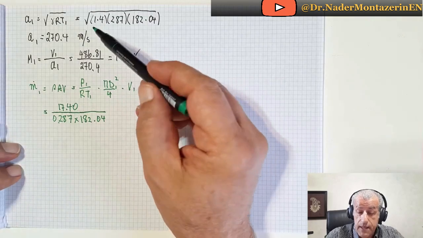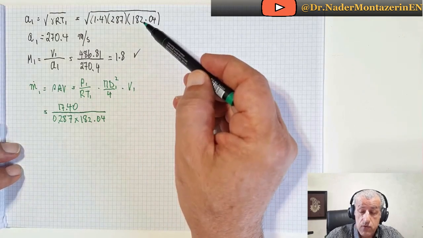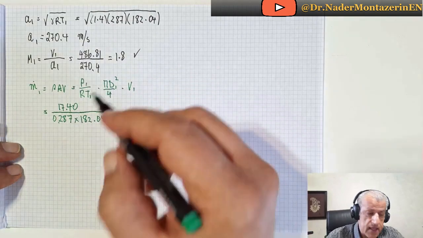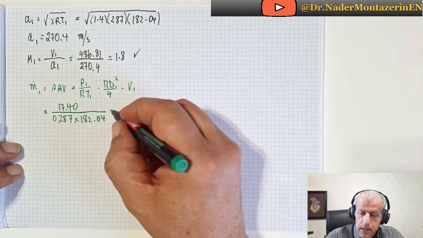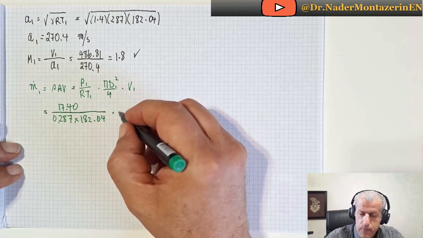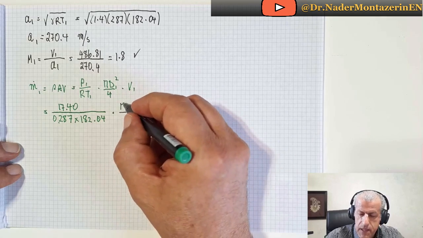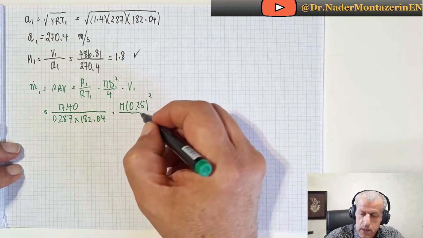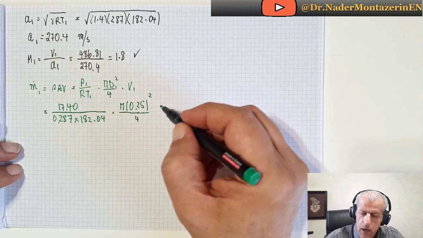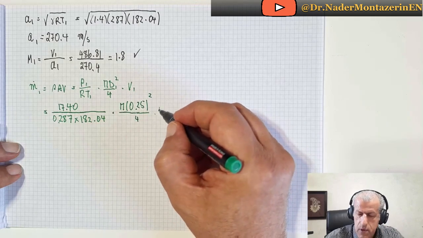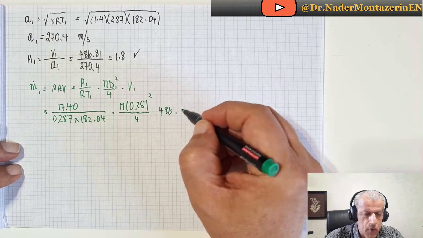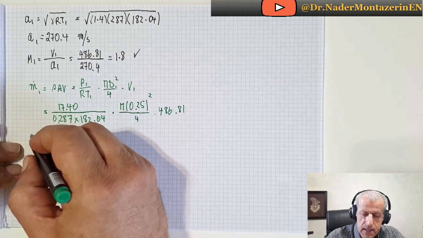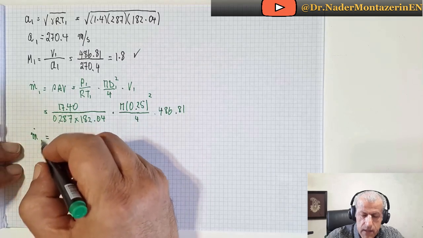For the speed of sound, we use the static value, and for mass flow rate, we use static values, times pi times 0.25 squared divided by 4 and times 486.81 meters per second,